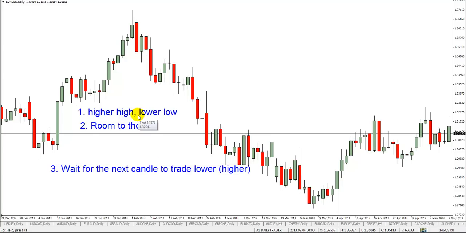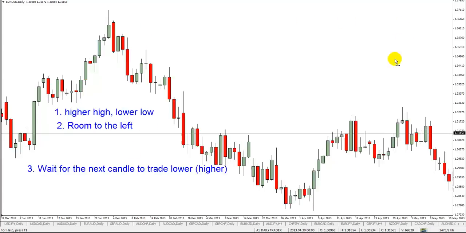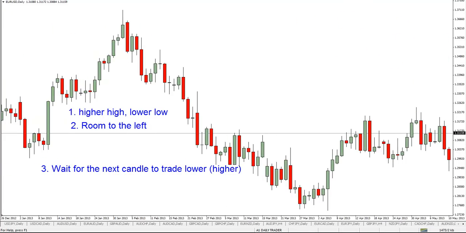Remember, higher high, lower low on the bearish big shadow. We've got room to the left, especially when it's a reversal setup. We want to see the next candle trade lower, the very next candle. If the very next candle doesn't start trading lower, or higher in the case of a buy trade, then it's probably not a good trade to be in because there isn't momentum going in your favor. And then the final thing, of course, is that we want to see the largest candle,